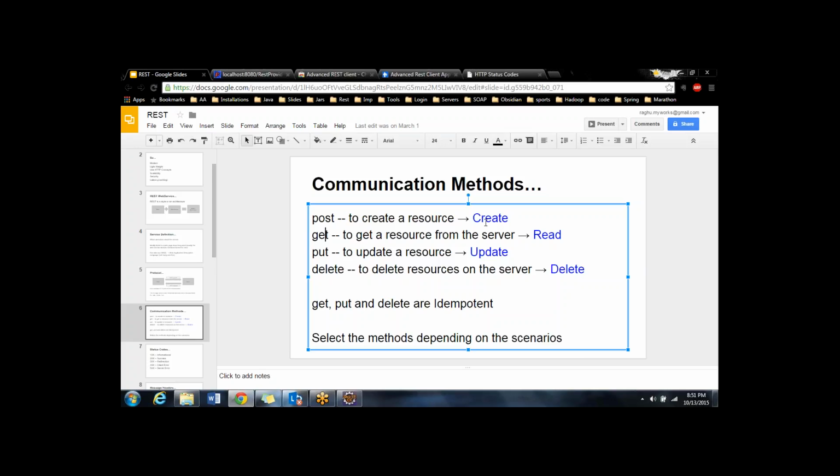Each and every method that we are trying to use here has a specific functionality: get, put, post and delete. Get is for read, post is for create, put is for update and delete is for delete. And the most important concept here is that get, put and delete are idempotent. When I say idempotent, it means